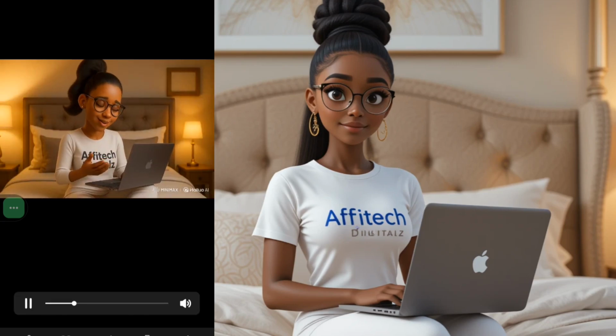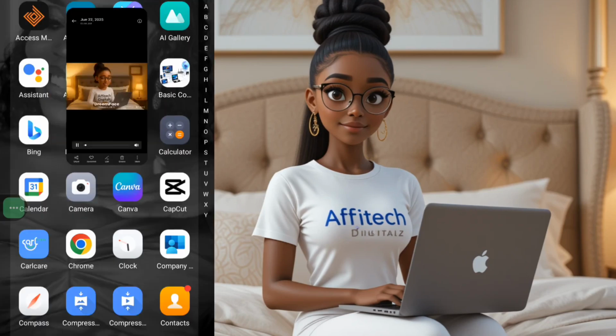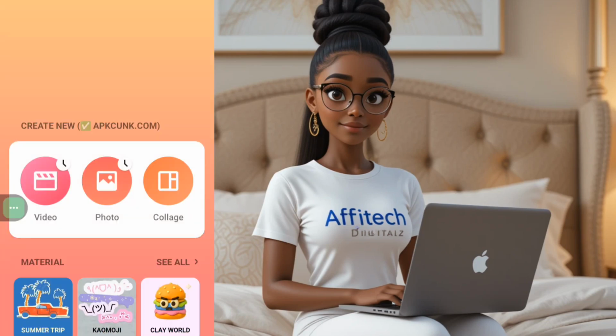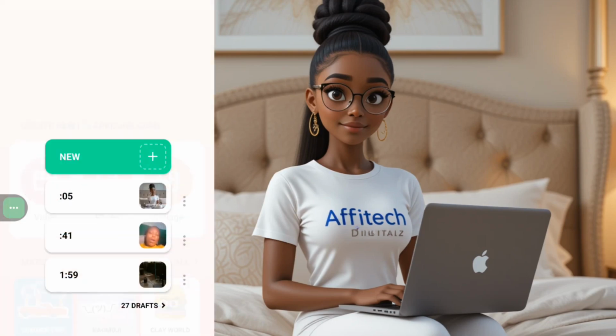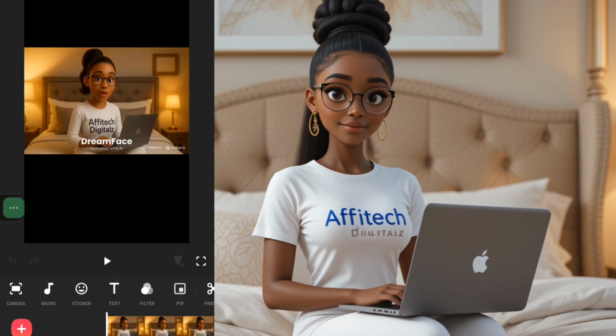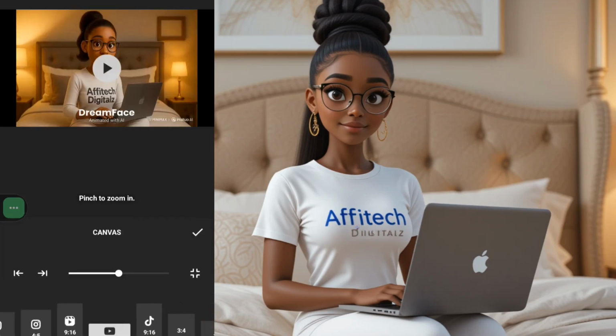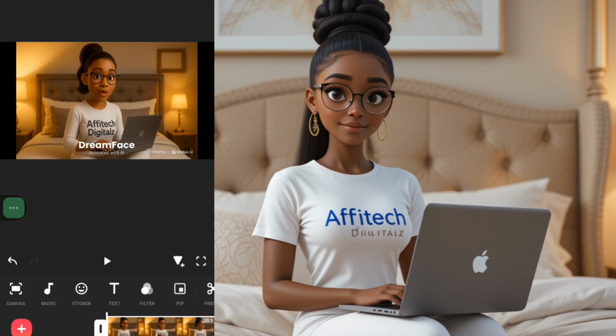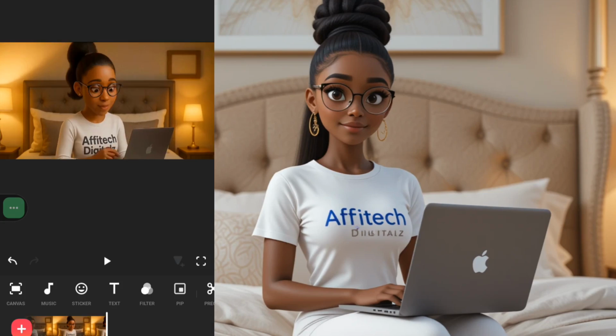It's all talking. So what you just need to do is go back to your editing app. You come to Inshot, you click on video, new. Come here, click the video, you bring it in, and what you need to do is tilt the aspect ratio, which is for YouTube videos. I'll move this here, and here it is, guys. As you can see right here, I have actually removed that watermark and we are just left with the video.